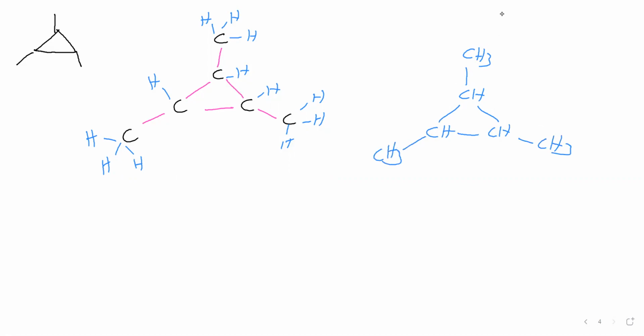Okay. Now we'll say the name of this one. This branch is methyl. It is methyl. So how many methyl groups? Three, so trimethyl. Then it is a cyclic compound. Therefore cyclo. Here in the cycle 3 carbon atoms are there. Therefore prop. Carbon carbon single bond. Therefore ane. So trimethyl cyclopropane.